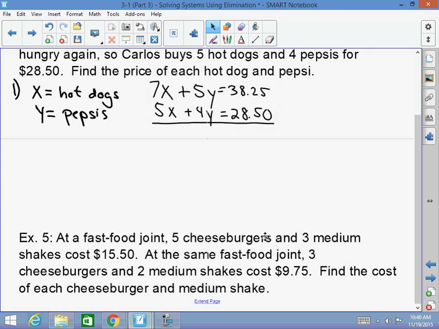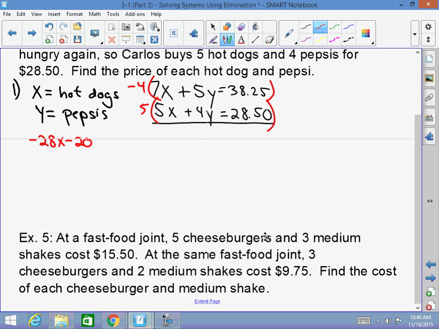Okay, the Y. I think that's a wise move. Get that? Did you get? Yeah. That's why they pay me the big bucks. Okay, so what do you want to multiply times to the top? -4 and the bottom? 5. 5. Okay, so I've got -28x minus 20y